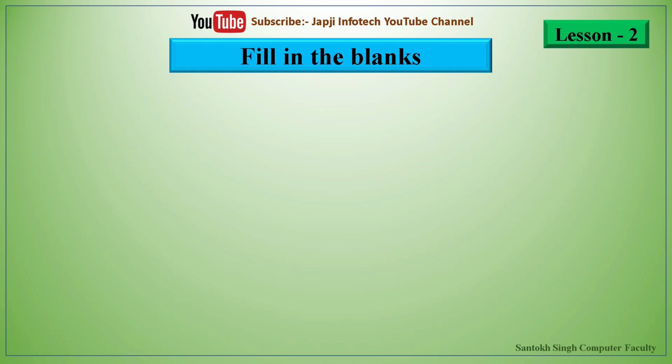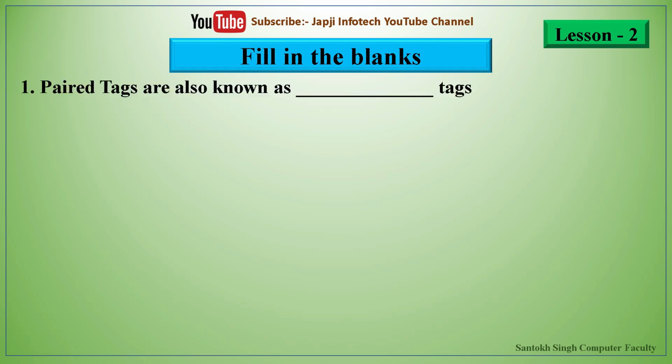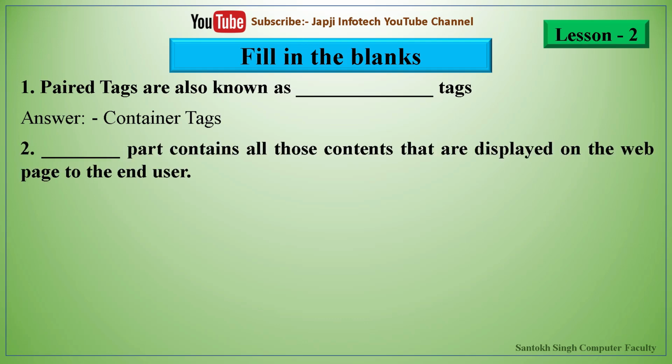So now we will learn about fill in the blanks. The first one is, pair tags are also known as dash tags, and the answer is: pair tags are also known as container tags. The second one is, dash part contains all those contents that are displayed on the web page to the end user. And the right answer is: the body part contains all those contents that are displayed on the web page to the